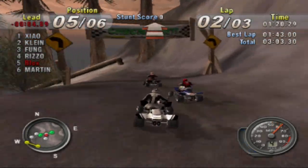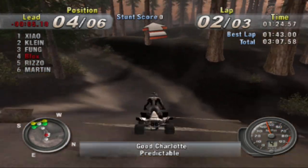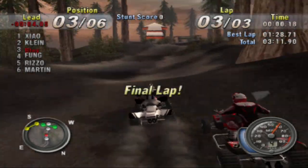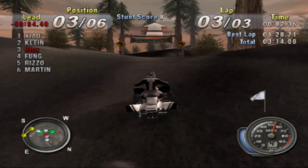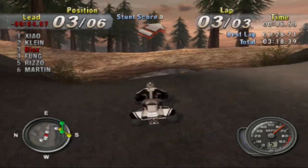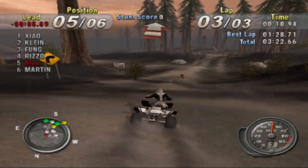Surprised they didn't get clotheslined there. I thought they would. Alright. I don't need to get first on everything here. It's not that big of a deal. I literally cannot lose a tournament at this point, so I probably won't worry too much about what position I get here, but I'll still make an effort to...